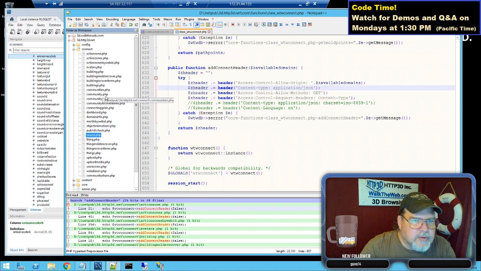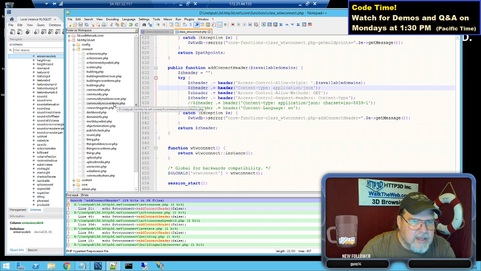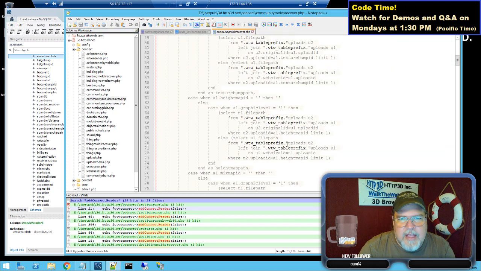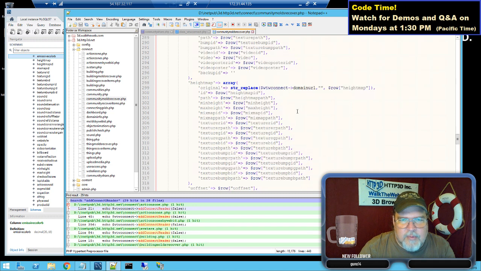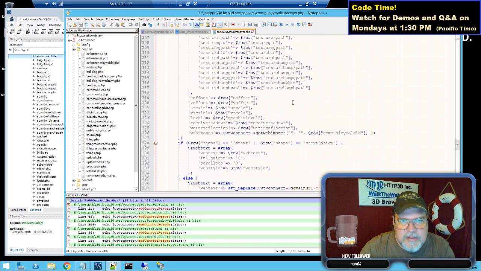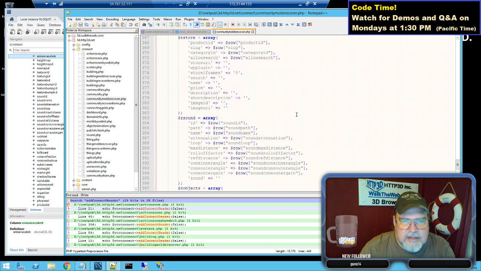I'm going to get community molds over here. Recover item, I believe. Nope, not that. It's the molds recover file. This one here has a lot of these files, and I don't want to type. I should have grabbed every one of these, but one of the ones I'm going to get is all of